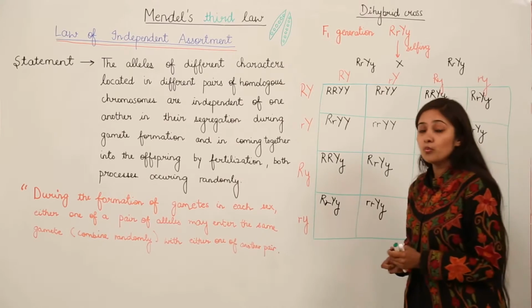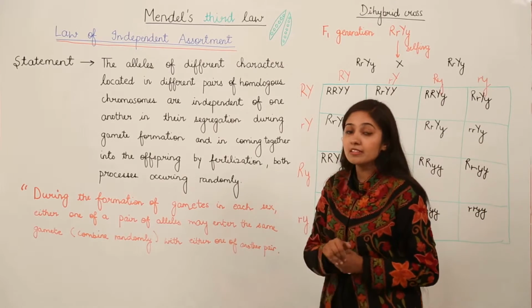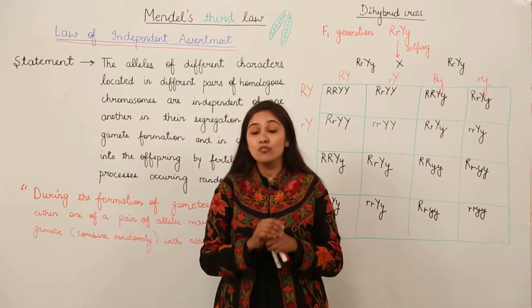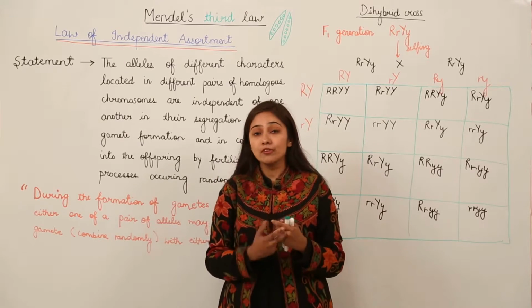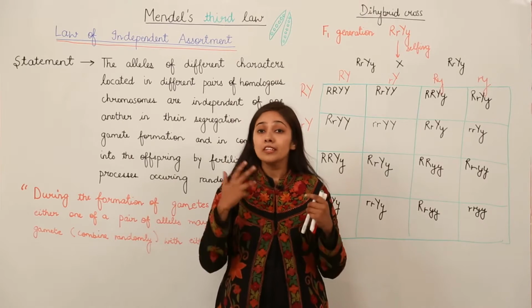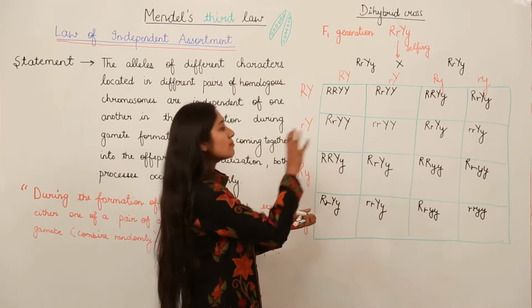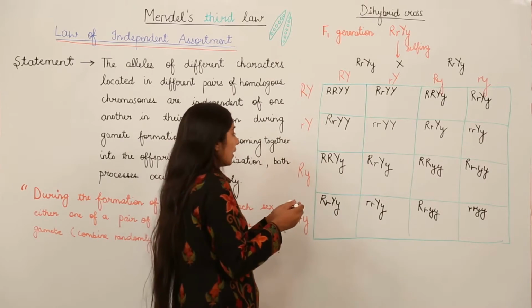As I told you, when a dominant allele is present, the recessive allele is not able to express itself. So from the superficial point of view, or from the outer appearance, what the plants will have, we'll discuss that. Let us see one by one at each combination, at each pair.